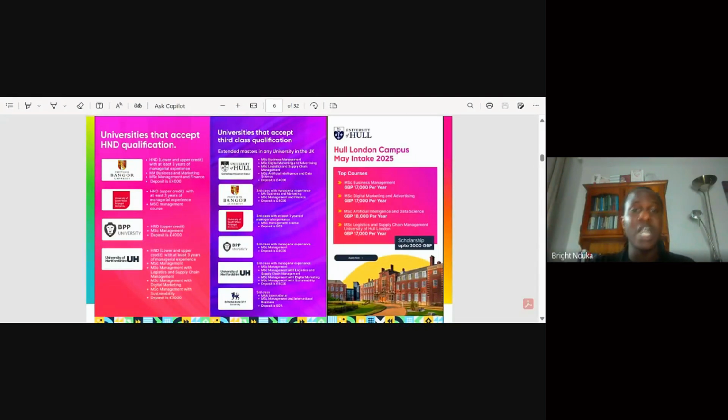Just as we are seeing here, universities that accept third class are very, very limited. Yes, in this part of the world, it's about what you can do even after you graduate. But to access their university in the first place, it's not just about what you can do, it's also about your certificate. It's about what you graduated with. It will help you access their universities in the first place.